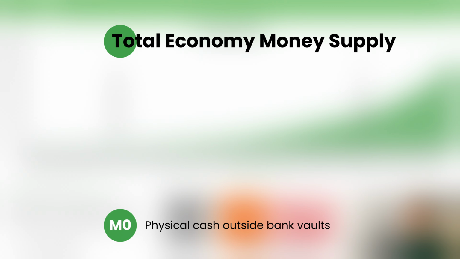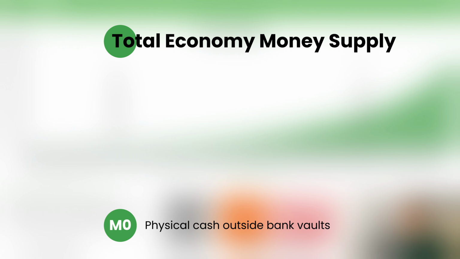So to kick it off, again, we have M0. Okay, that is not the monetary base. Some countries like the UK and South Africa do refer to the monetary base as M0, confusingly. But that is not the proper way to define M0, the way that makes the most sense. So M0 is simply all physical cash that is issued by the central bank, and it is outside of bank